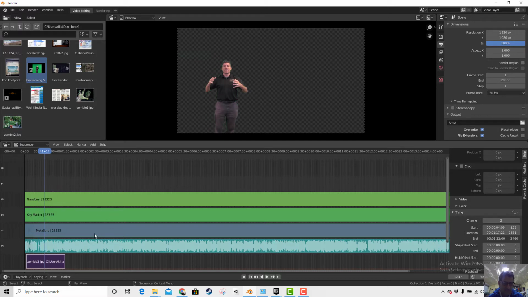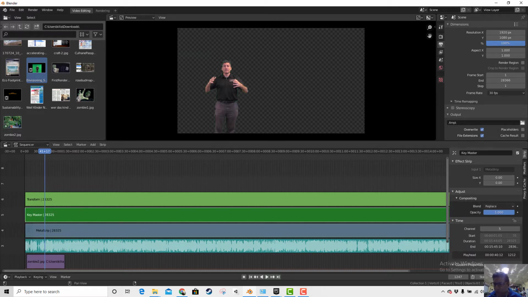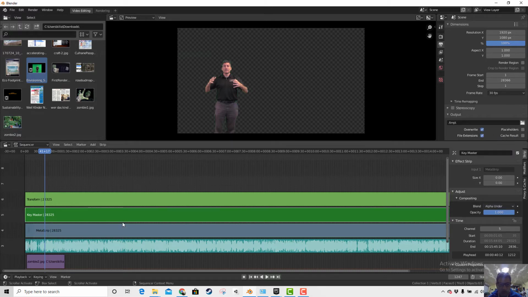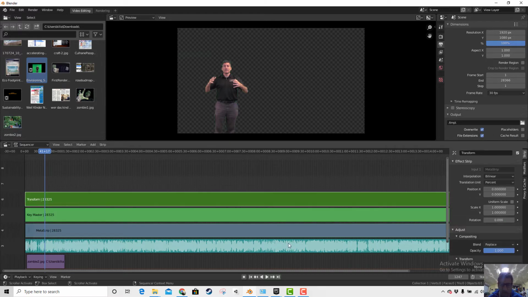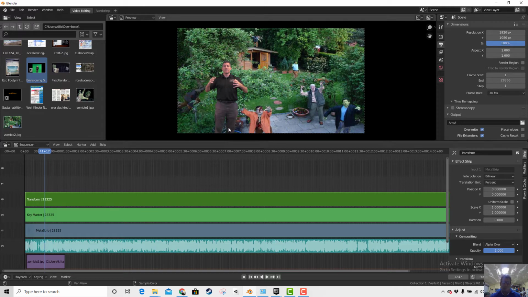So your background image can be placed in here, and for some reason, I'm not seeing it behind there. Ah, of course, I know why. Because the key master has to be transformed in the strip area, not replace, which just replaces the image, but you then have to put alpha under for the key master. And for the transform, you've got to tell it to be not a replace in its blend, but an alpha over. And there you go. Now you have the character